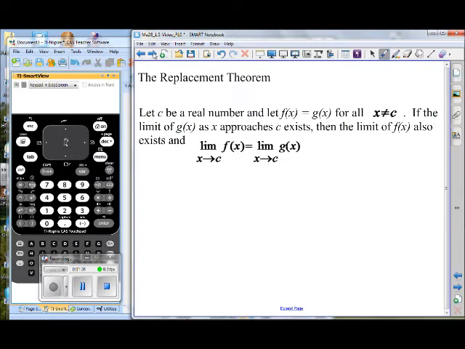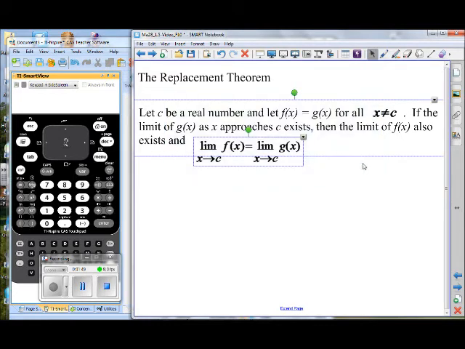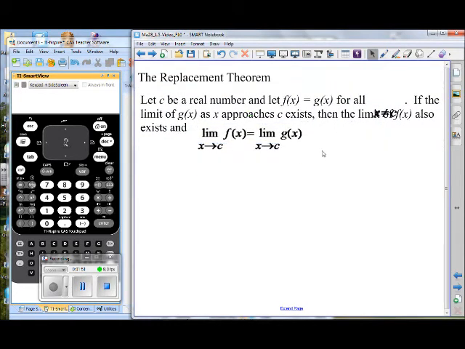Okay, let's look at this. It's called the replacement theorem. This is one that we're going to be using a lot also. We want to use direct substitution, but sometimes it's impossible. Okay, what this is saying is that if we have